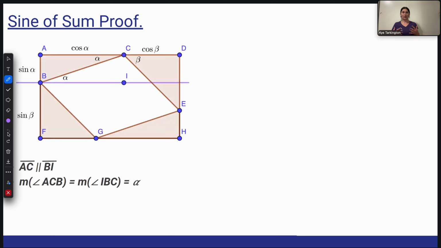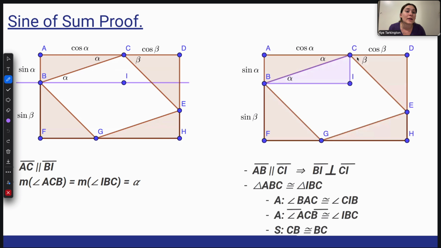Alright, so now we're going to start breaking apart this quadrilateral into different polygons. We're going to start out with a line that's parallel to AC. And by Euclid's, I think it's proposition 29, we know that this angle is congruent to this angle. And then again, we're going to construct a parallel line to AB, and we're going to let the intersection be called I. And we find that through parallelism and perpendicular theorems that this angle here is right,